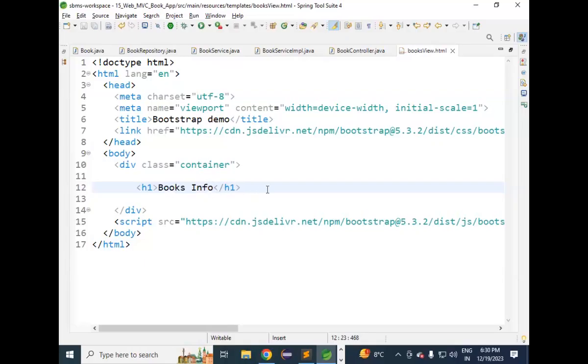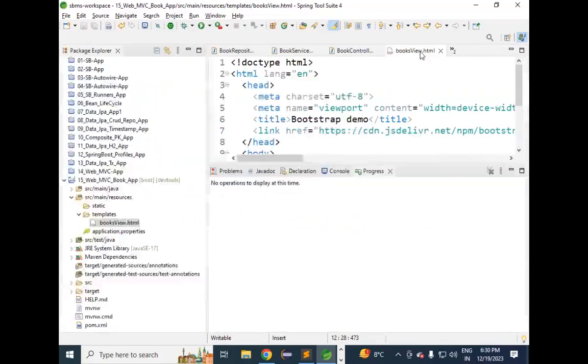Books info. Just first we will see whether we are able to access this page or not. So if we are able to access this page, then we will see how to display the data in the table format. First, whether this page is loading or not, we need to understand. Yes,